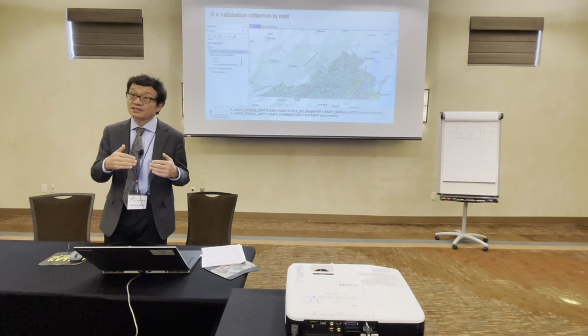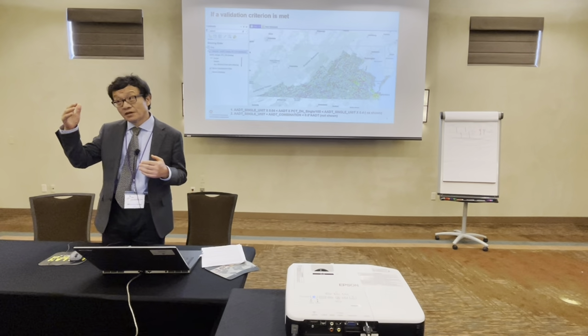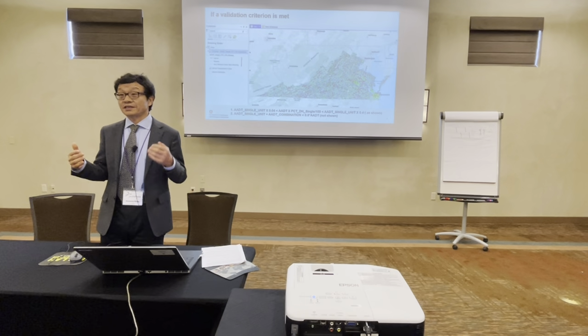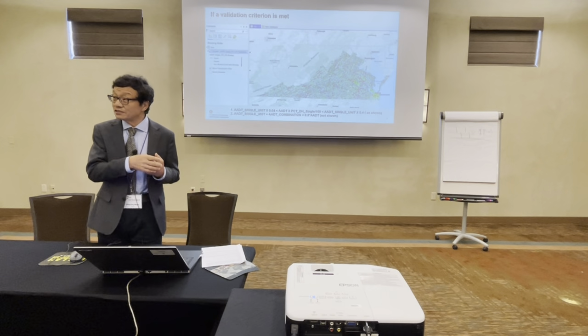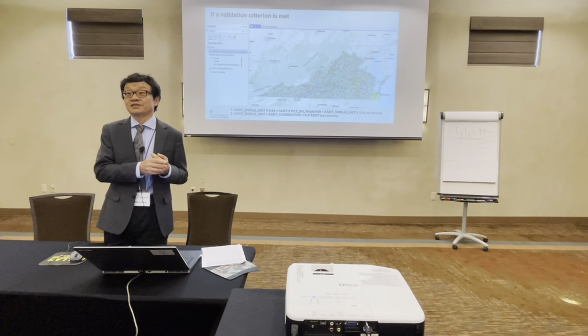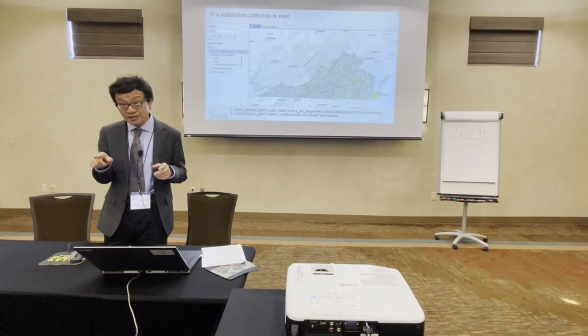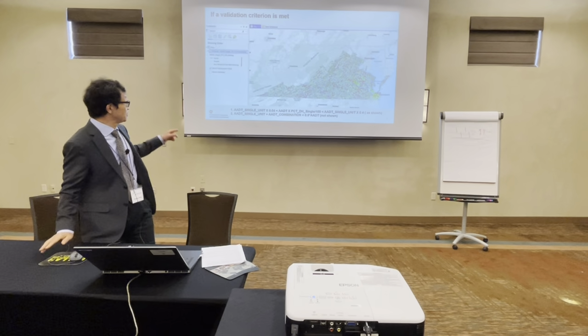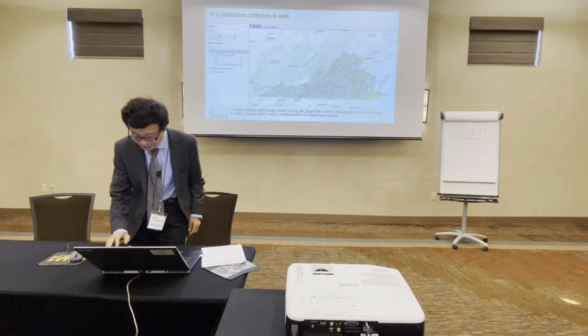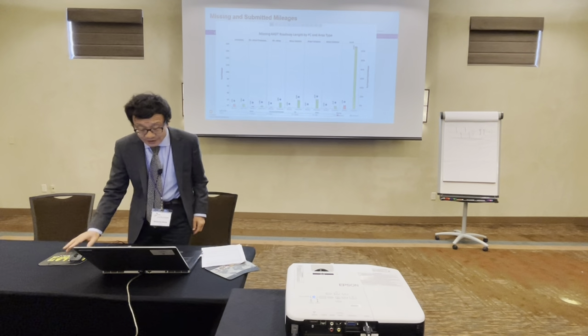For example, when we check the first one, you have to have three data items: ADT single unit, ADT, and the design hour percentage. If any one of those three data items is missing, it will be marked as gray here. Maps